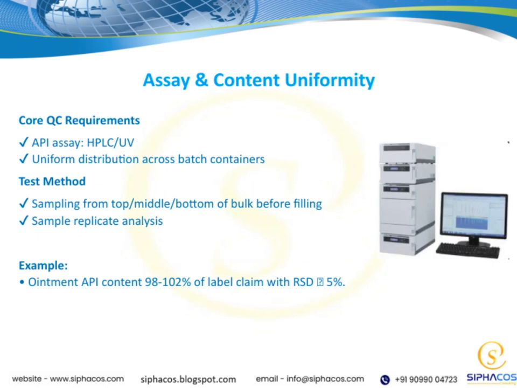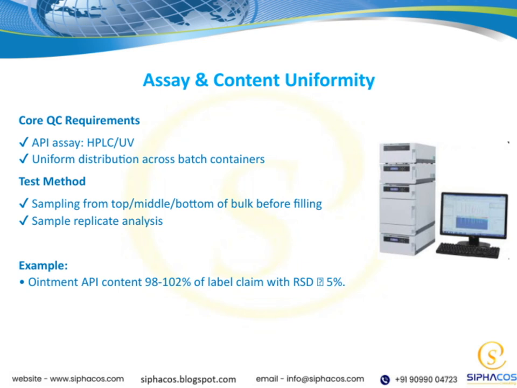Now, let's look at the core QC requirements for assay and content uniformity. First, we need to perform an API assay, and typically this is done using HPLC or UV methods. The goal here is to ensure that the active pharmaceutical ingredient, or API, is present at the correct level. Next, we also need to verify uniform distribution across all batch containers. This is crucial because it confirms that each unit contains the right amount of API, ensuring consistency and quality throughout the batch. Moving on to the test methods,